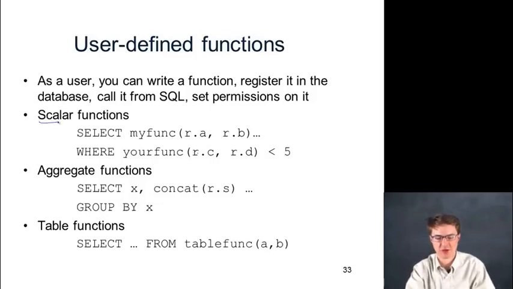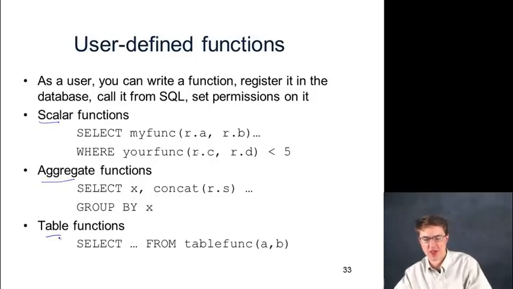One is scalar functions, the other is aggregate, and the third is table functions. And you can tell what they are by how they're used within the SQL statements. So a scalar function will appear pretty much anywhere any expression can appear. So if you can add two attributes together, or subtract them, or do any kind of arithmetic, you can apply a function. So this can appear in the select clause, or it can appear in the where clause,